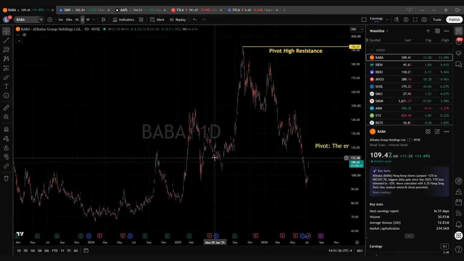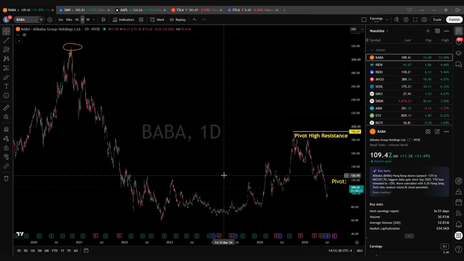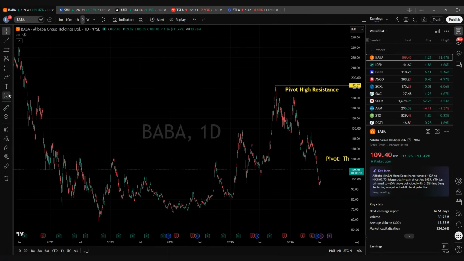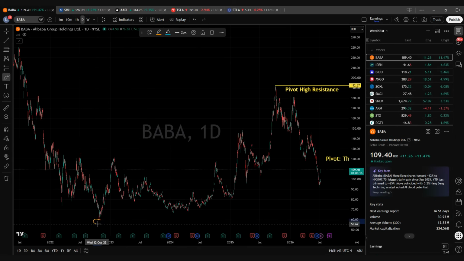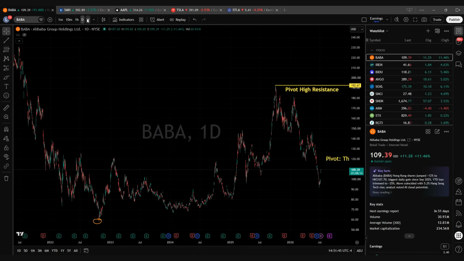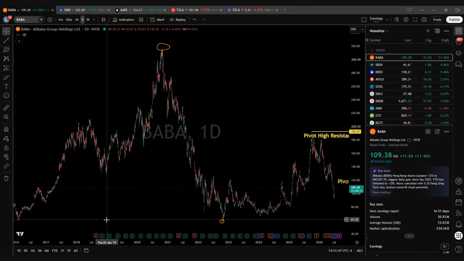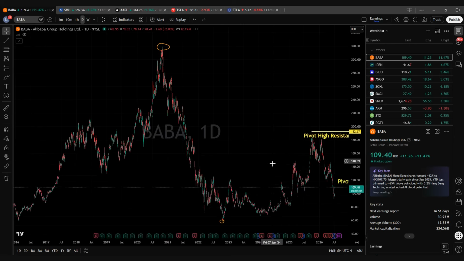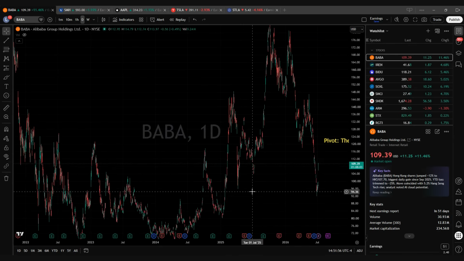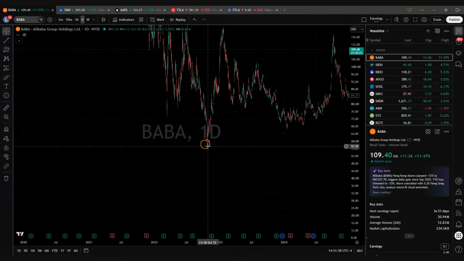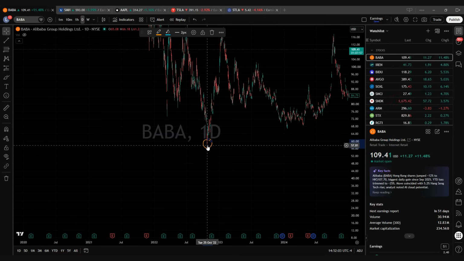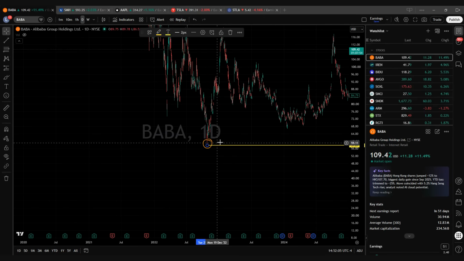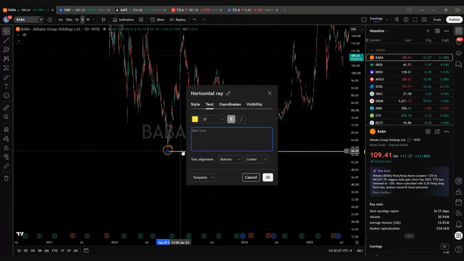In the same way, if we go to the other end of the spectrum and look all the way back down here, we could say there's a pivot low there on BABA. And although it's not the lowest point, I don't believe, let's see. Yeah, not quite the lowest point the stock has ever gotten to, but it is the lowest point BABA has been since 2022, or December of 2022. So this would be pivot low